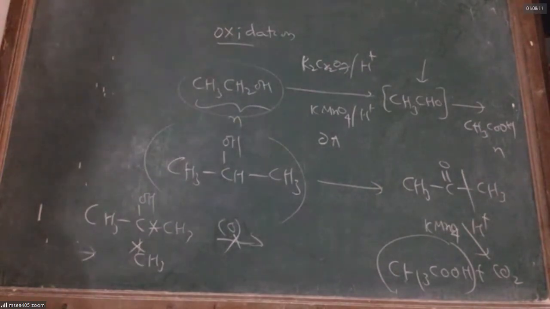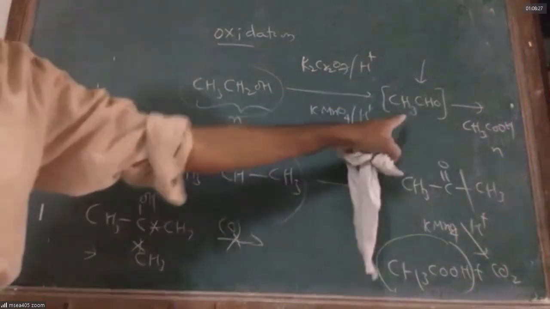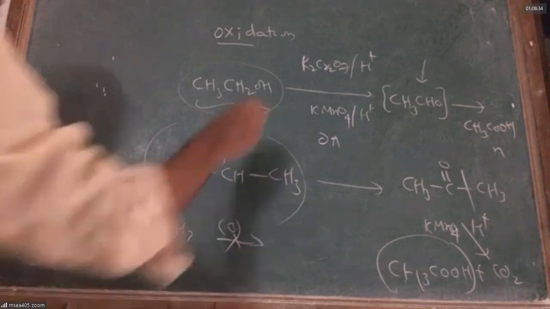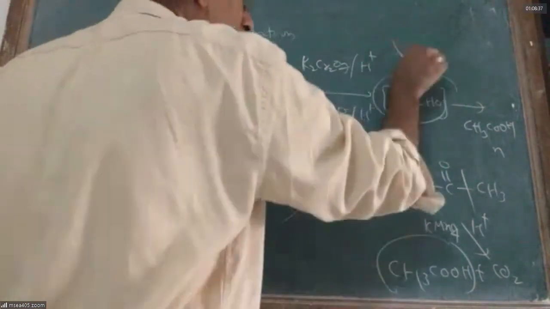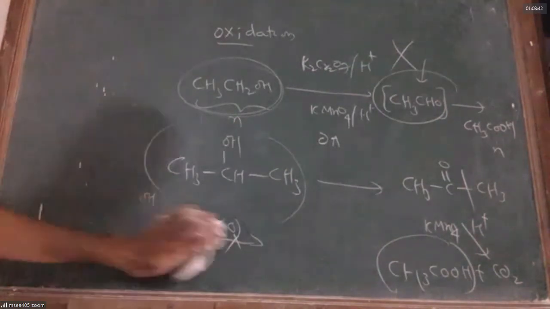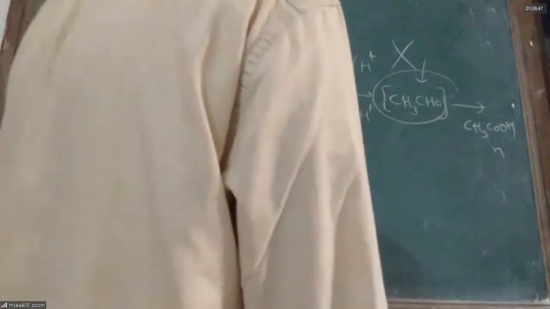Yes, sir. So oxidation is a reaction where alcohols undergo changes in oxidation state. Remember, alcohol initially becomes aldehyde and then becomes carboxylic acid. You can't really notice the formation of the aldehyde, it is so fast. Now a crazy boy, our Vasi, says, sir, I want to convert the alcohol into aldehyde. I want to stop here. I don't want carboxylic acid. What should I do? Crazy question. How to do it, by the way?